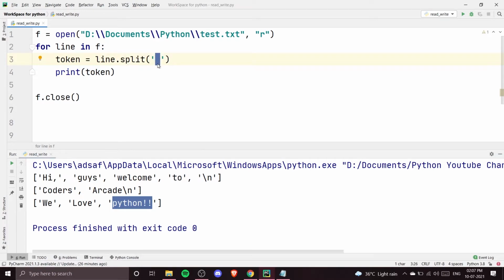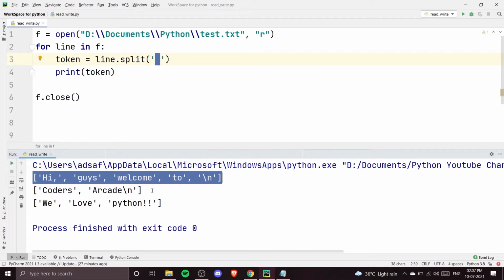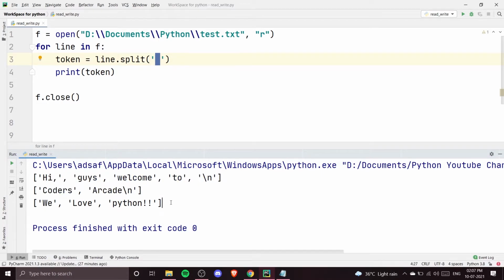It splits on the white spaces, and every word of every line is printed and stored in an array. This is one array, this is also one array, and this is also one array. So now we have split all the things from our line.